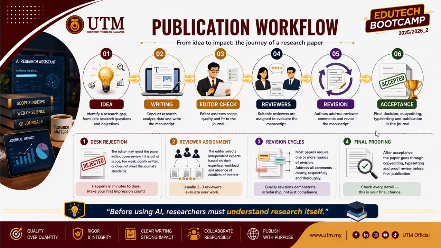Then after that, once you have done all the things, you have to write the cover letter. You target a specific journal, because when you are writing any paper, you also keep in mind whether you are submitting to Scopus, or to Web of Science Q1 or Q2, in which journal you are targeting. If it is, for example, Sage Open, they have some restrictions. You cannot write more than 10,000 words, or 8,000 words, cannot give more than 4 figures, cannot extend your paper. There are some constraints and limitations. So you must first select your journal.